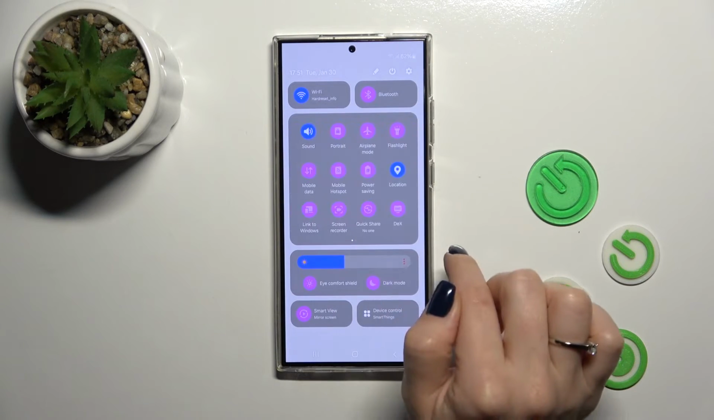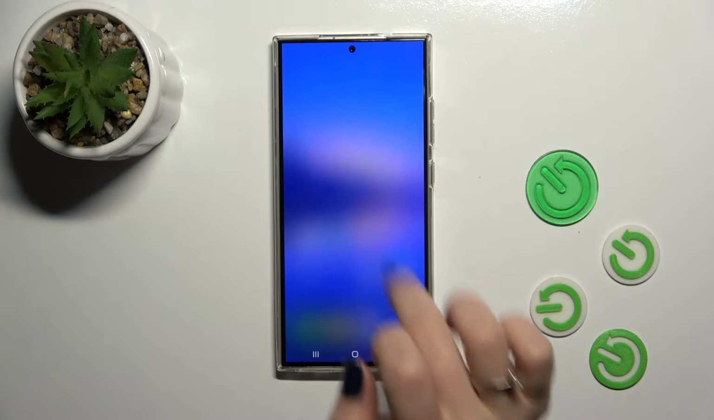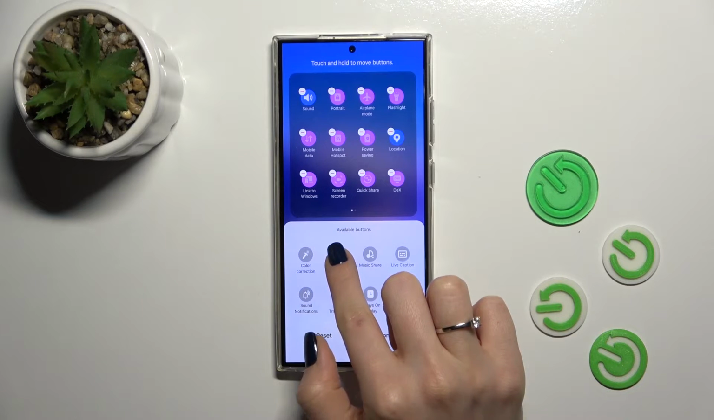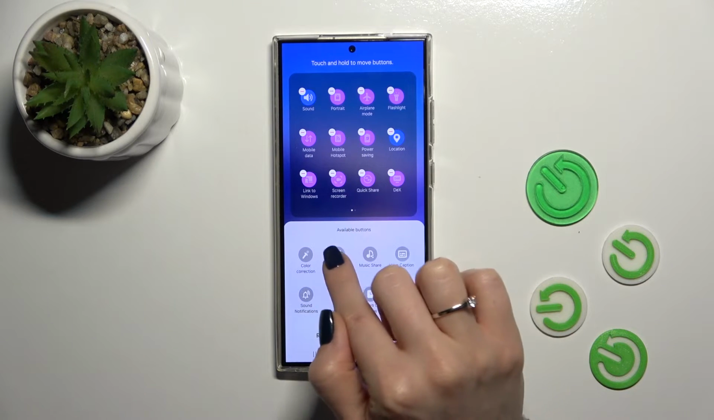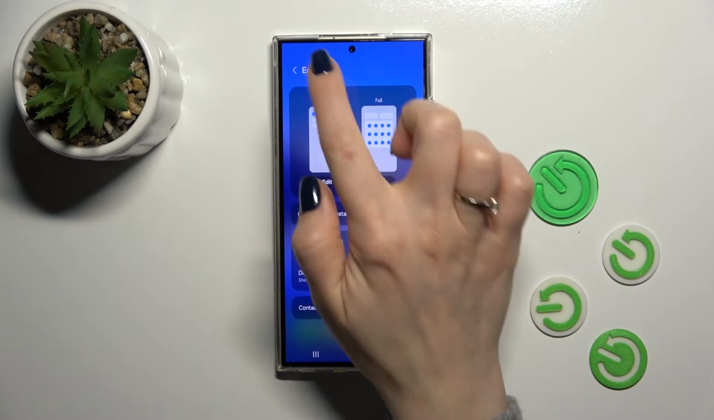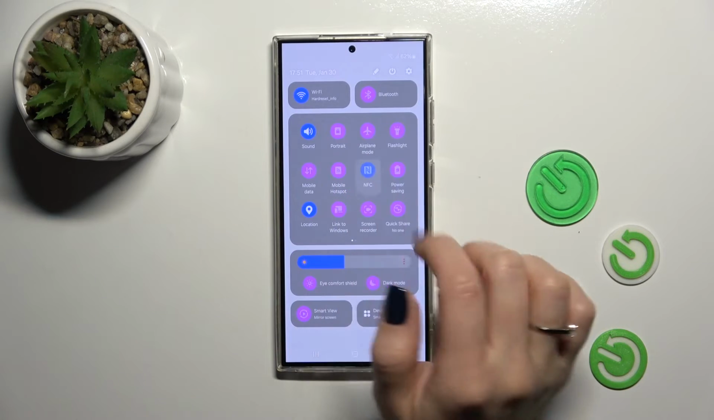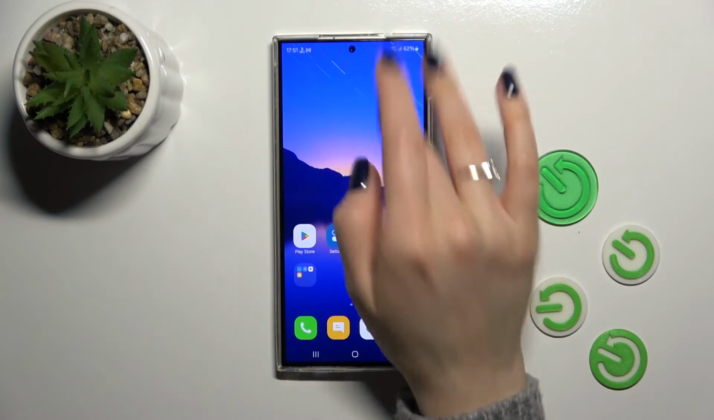Just open it. And if you don't see here this icon, you could tap to this edit one, click to edit and find here NFC, hold and drag it to this up section, tap to done to save the changes. And now let's go back, and just now from here you could also activate or turn off the NFC option